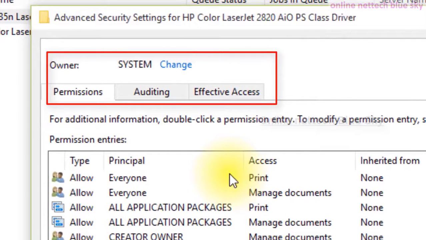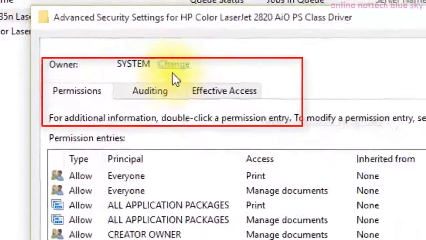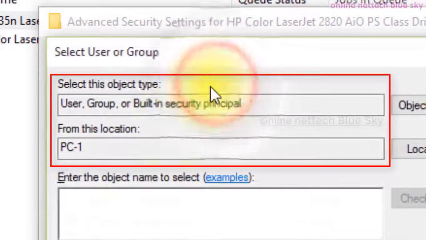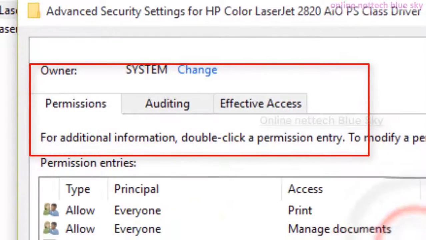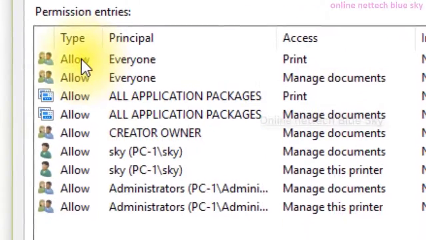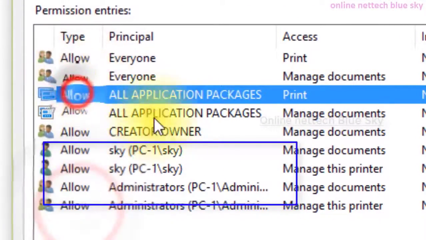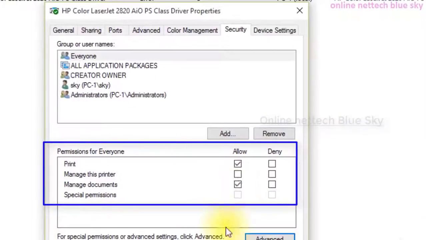So how can you add your main advanced security settings for HP? You can add print security for your user, your printer, your system, your group. All of these permission settings give different areas. So your folder, you can change your folder security, every security, all of these settings are available in the system. But I'm talking about only printer here. So you can see these printers.